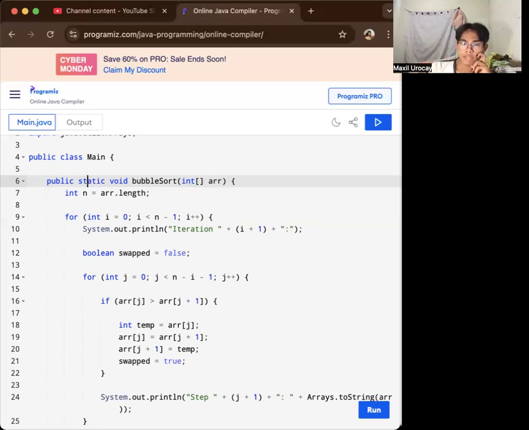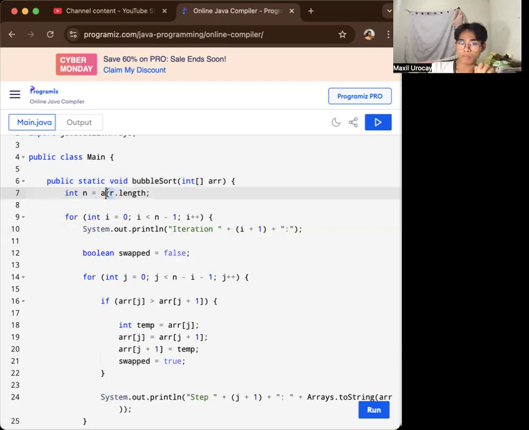Now we have here, we initialize n equals array.length. This is where we declare an integer n, which is assigned the length of the array, this one here.